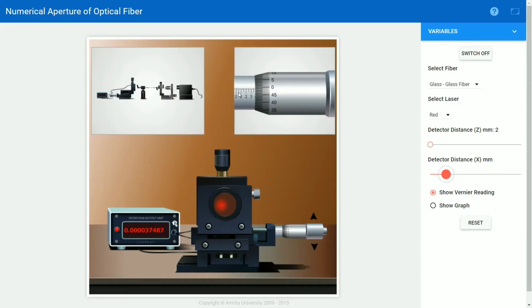You can also see the main scale reading, or the pitch scale reading: 0, 0.5, 1, 1.5, 2, 2.5, 3, 3.5. Now we have to calculate the least count of the screw gauge.